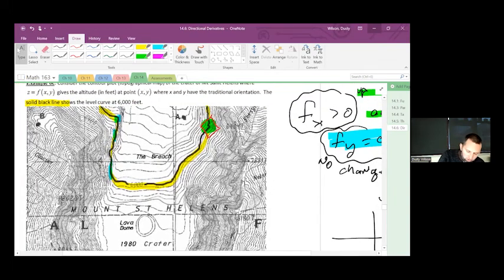Notice that it's going to be steep over here because the contour lines are close together. It's going to be steep over here, again, because the contour lines are close together. It's going to be flattest here